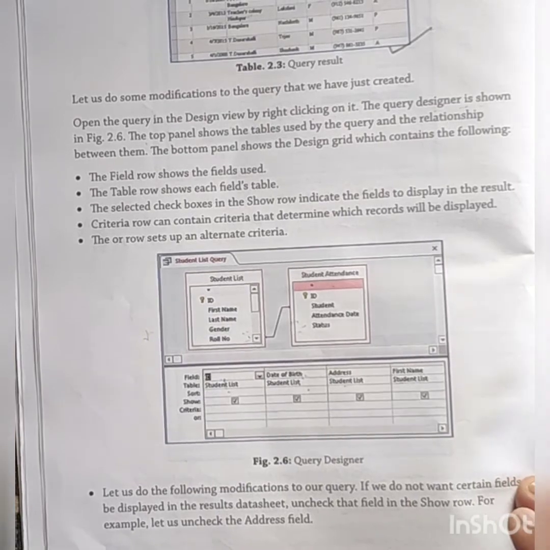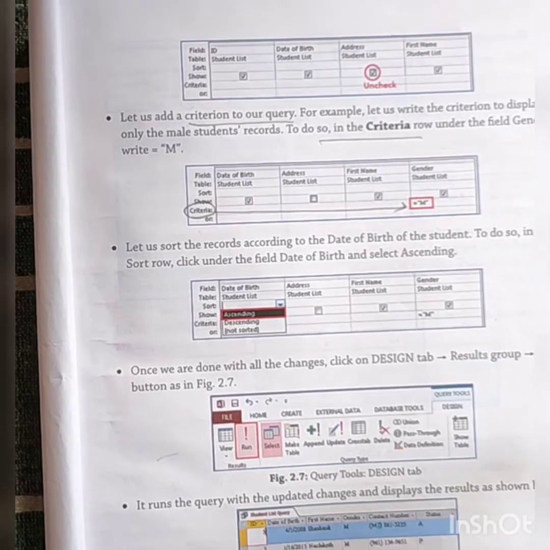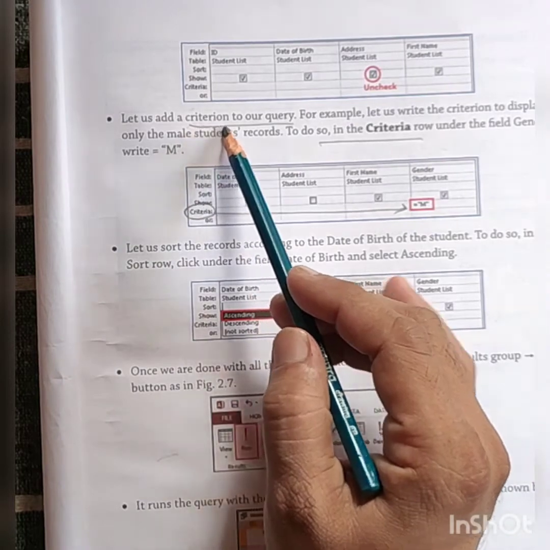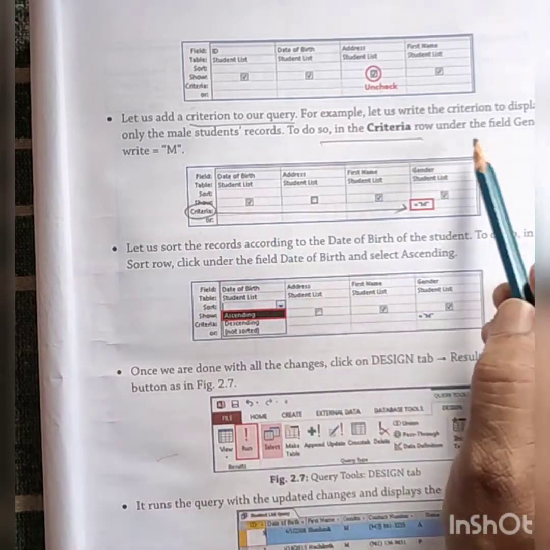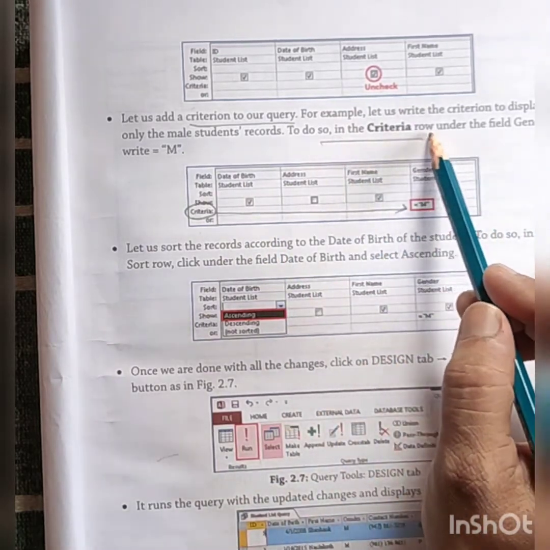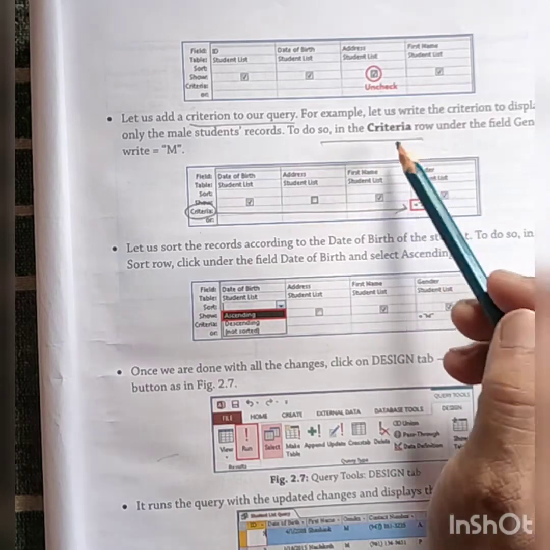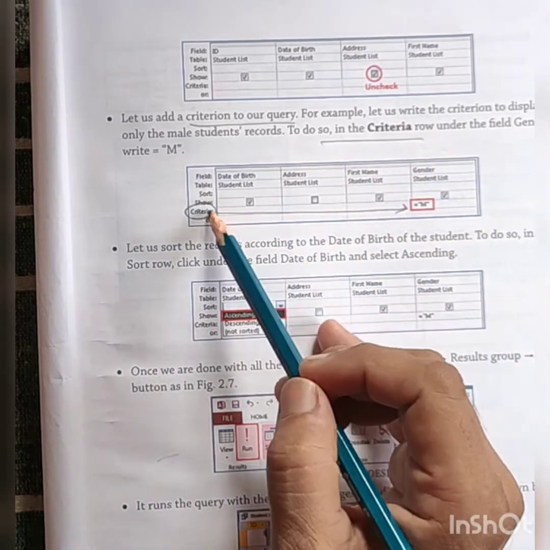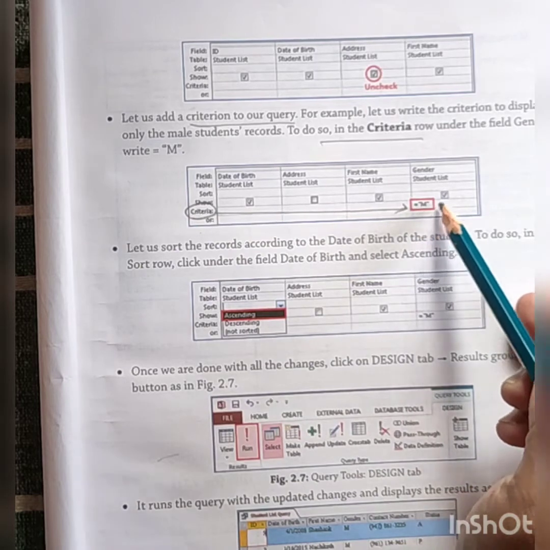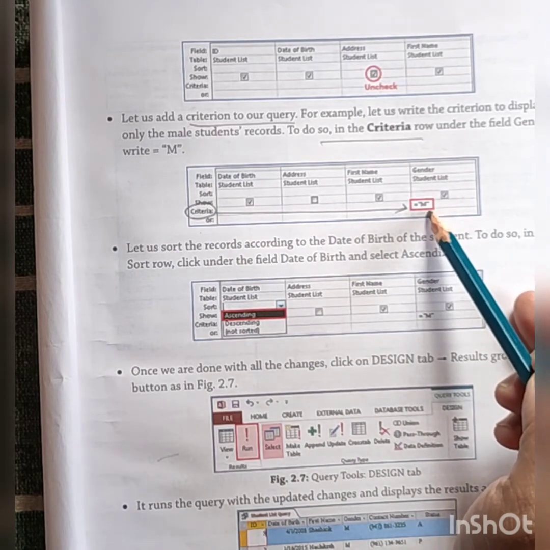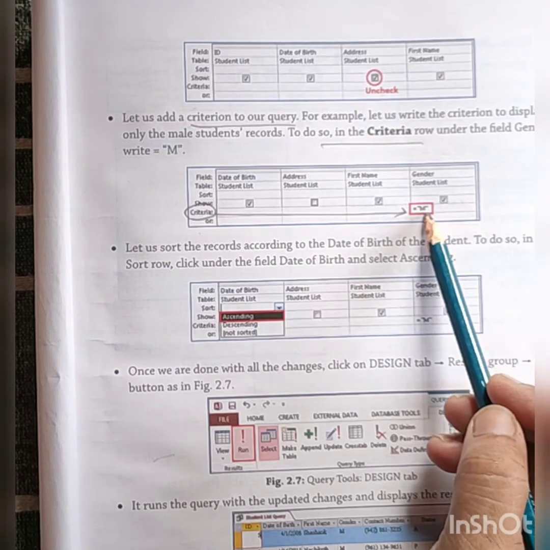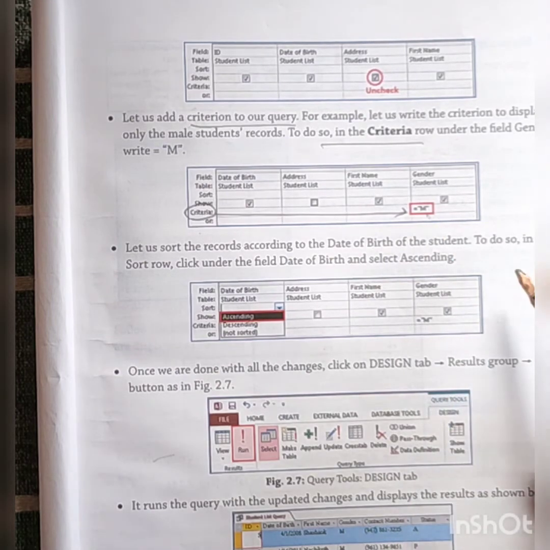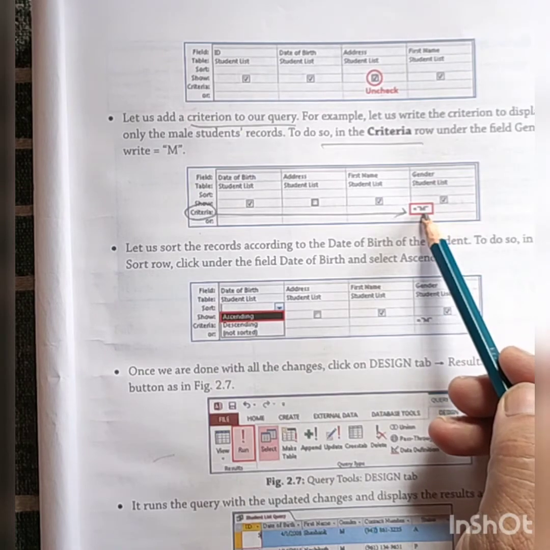Now I want to make some query. Here the query is made in such a way that I can add a query. Here this button I will uncheck it, and I will set a criteria in the criteria row under the field gender. Did you see gender? Yes, criteria row under the field gender. This one I want to make a criteria equal to M, means those who are M for gender, it will display the gender with M, that means male.